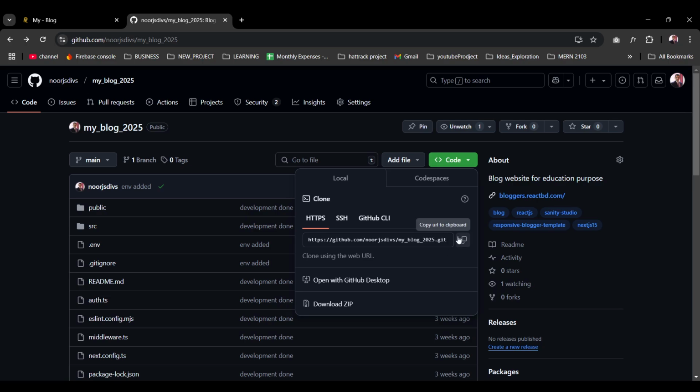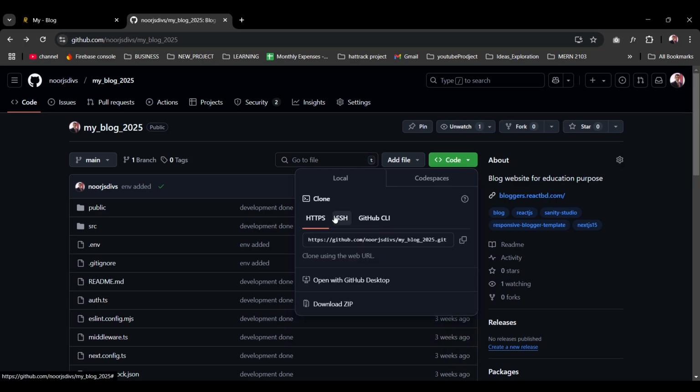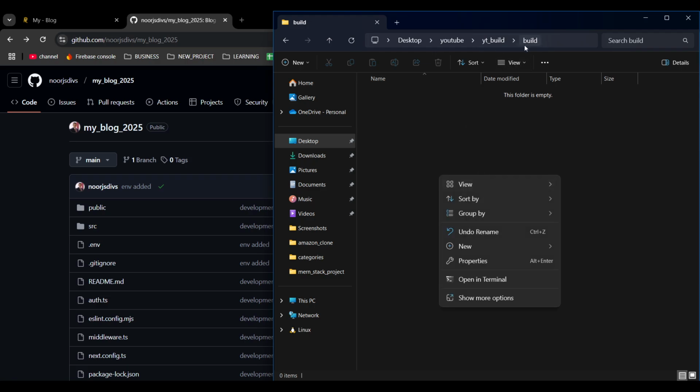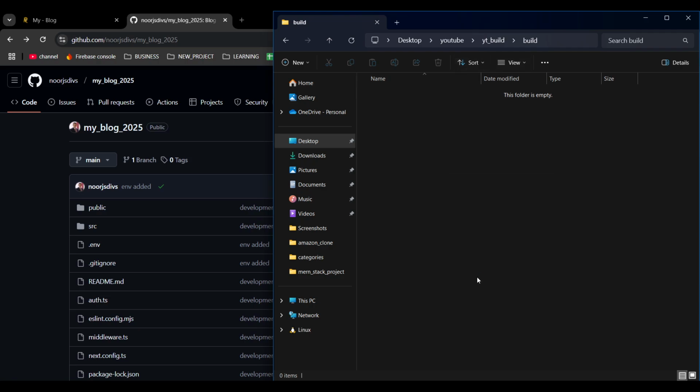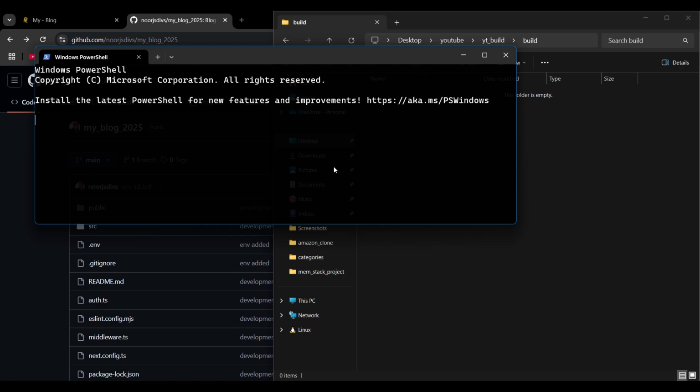You can clone anywhere it is possible, with HTTPS, SSH, or GitHub CLI. That's up to you how you clone. I'll go with the easy one, which is HTTPS. I'm going to copy that code. Then I'm just taking a dummy, an empty folder here, whose name is build. I'm going to open my terminal right here, and on the terminal, what I need to do to clone my